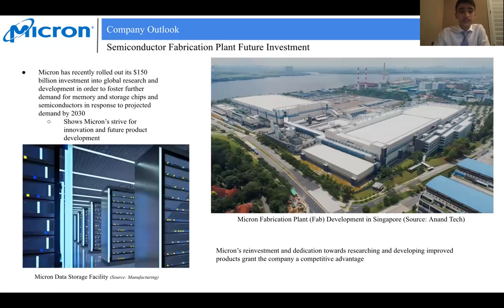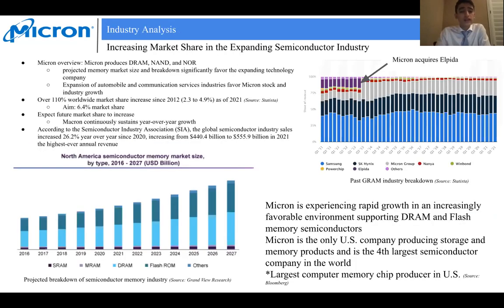And here you can see, first of all, Micron's fabrication development plants. So this is an example from the one in Singapore. On the left-hand side of your screen, you'll see that Micron has consistently invested into research and development with its $150 billion investment strategy. And on this slide, once more, you'll see that the DRAM and NAND memory technologies industries